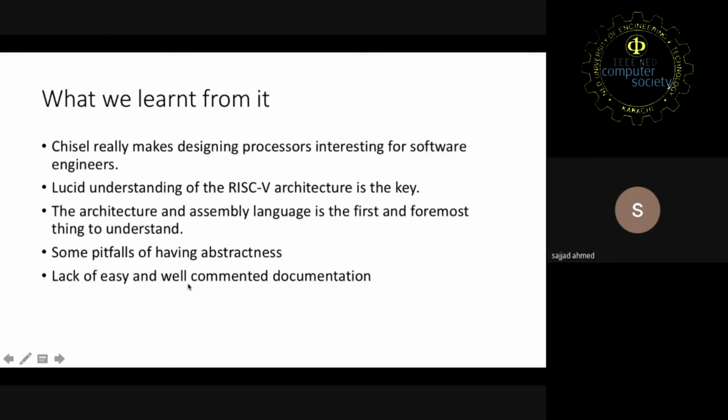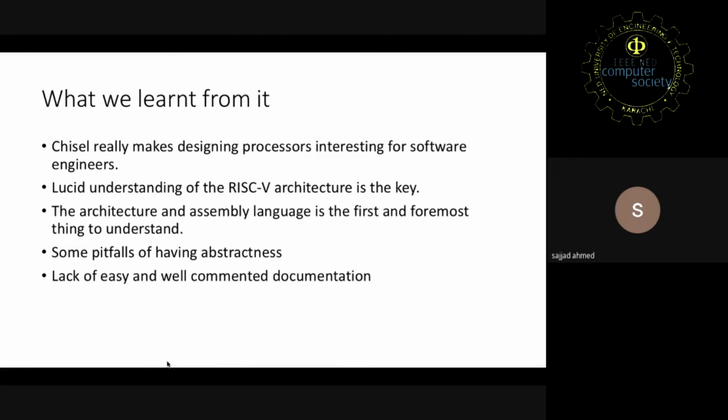We have only one book written on Chisel, that is Digital Design with Chisel, and there is no detailed documentation about Chisel functions or advanced Chisel concepts. There are some repositories on GitHub which explain the basic functions of Chisel, like creating a register, creating a memory, or when constructs, mux constructs, but there is no detailed documentation